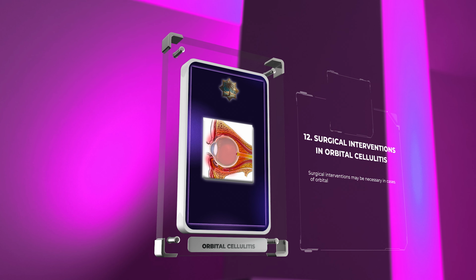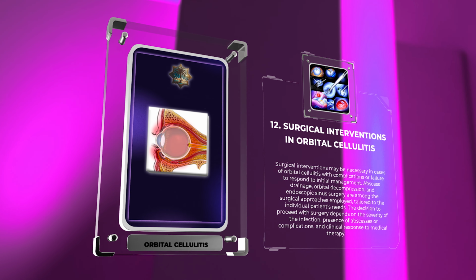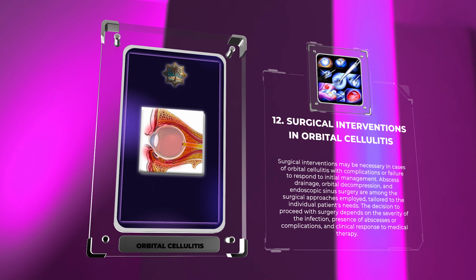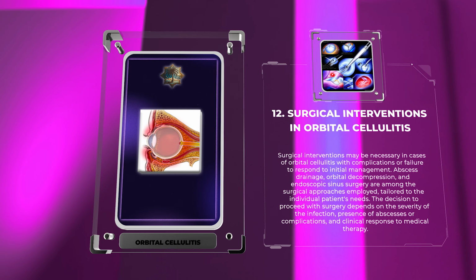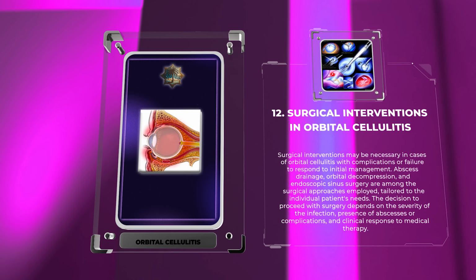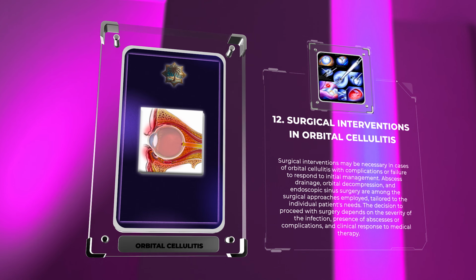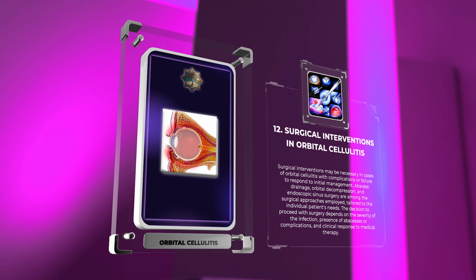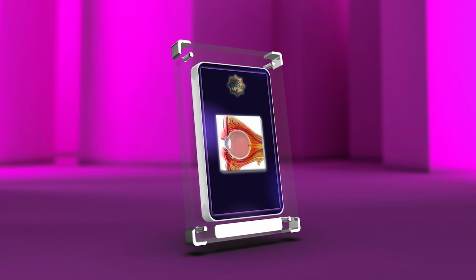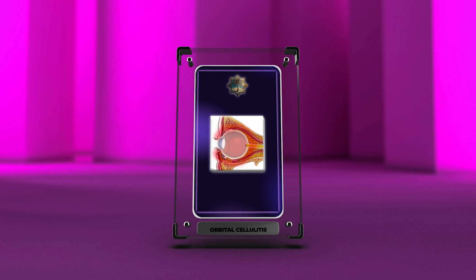Surgical interventions may be necessary in cases of orbital cellulitis with complications or failure to respond to initial management. Abscess drainage, orbital decompression, and endoscopic sinus surgery are among the surgical approaches employed, tailored to the individual patient's needs. The decision to proceed with surgery depends on the severity of the infection, presence of abscesses or complications, and clinical response to medical therapy. To conclude, orbital cellulitis is a serious infection of the orbit that requires a comprehensive understanding